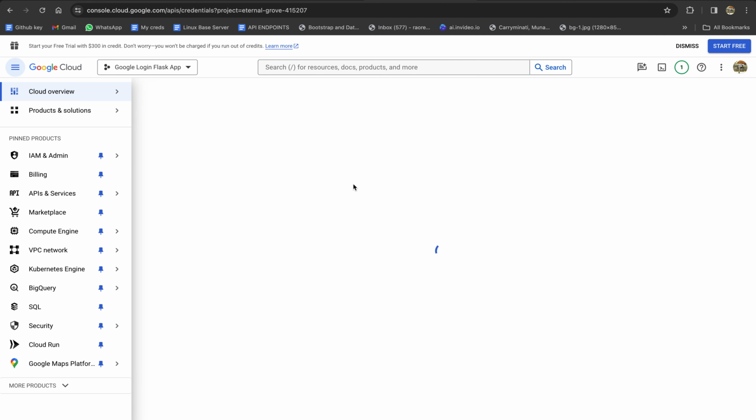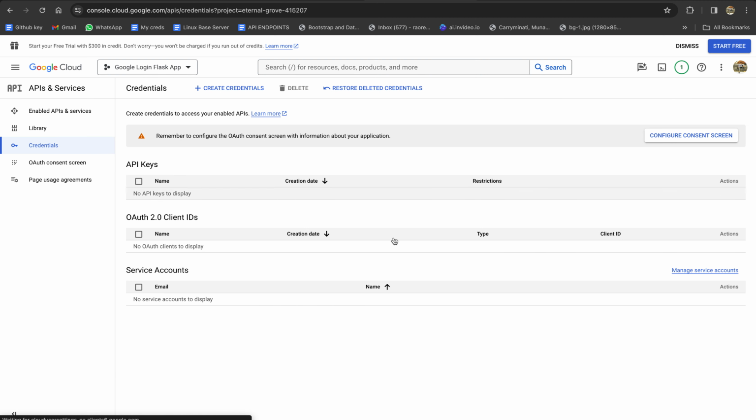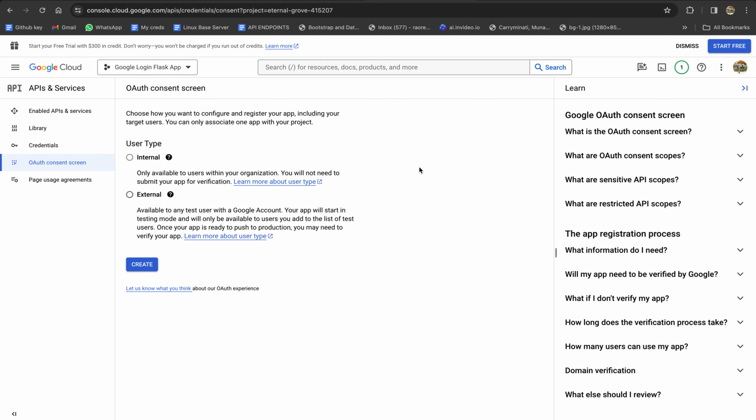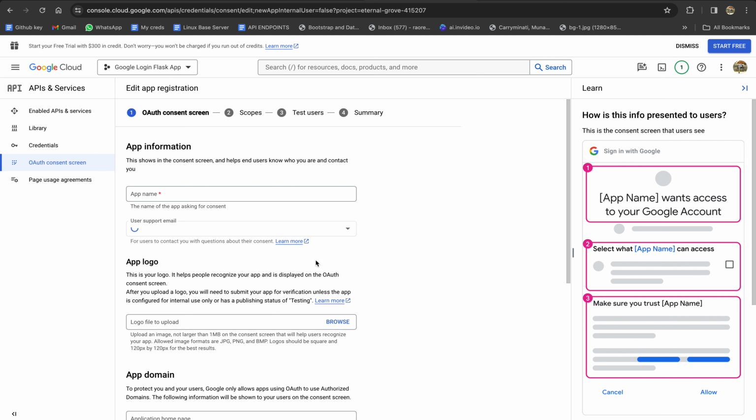After clicking on the credentials, you will be redirected and you need to configure the consent screen. After clicking on the consent screen, you can select the user type, internal or external. I'm going to use external. After this, we can give any name, like Flask login app,